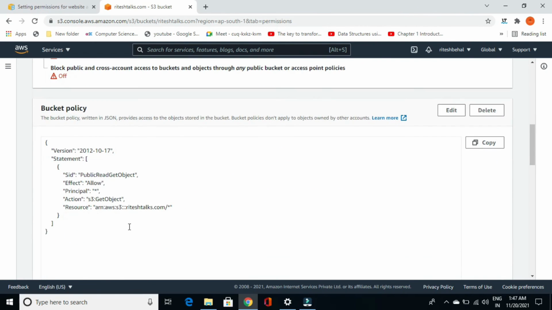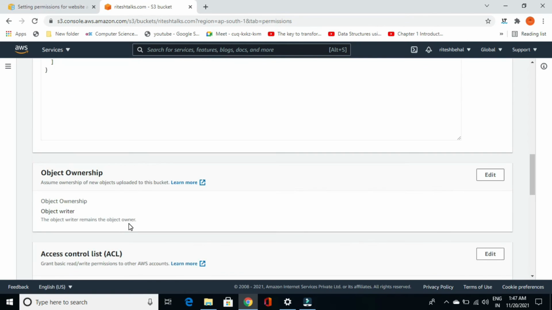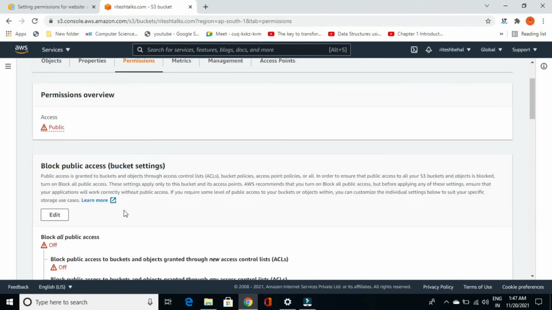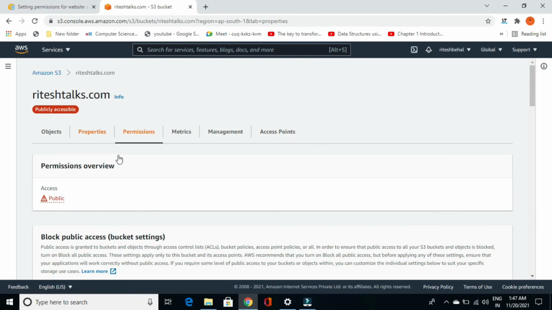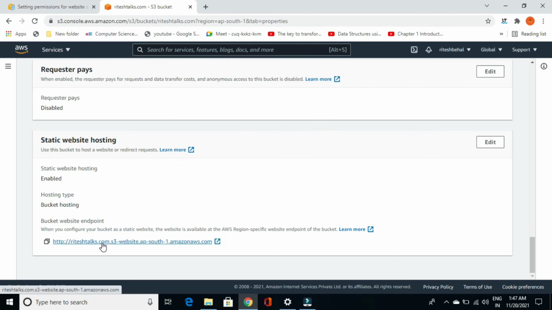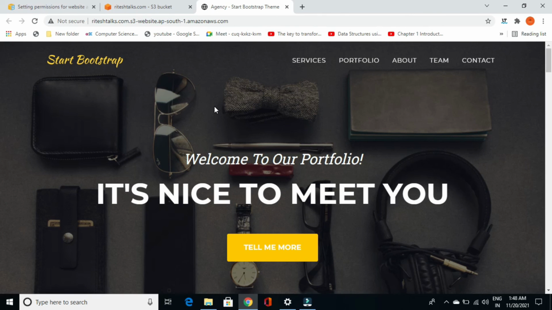The name is correct, so why is it not working? Click on properties again. Maybe it is picking from the cache. Yeah, it was picking from the cache, or sometimes it takes a few seconds to get reflected in the system.